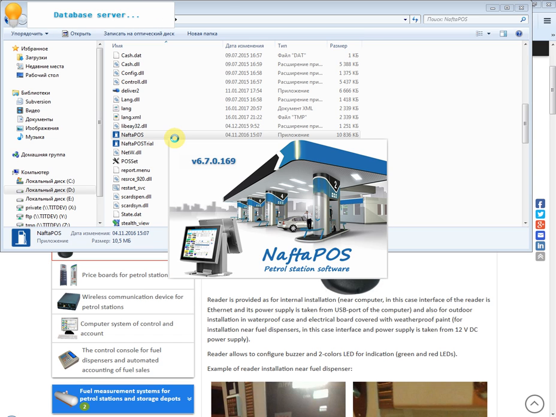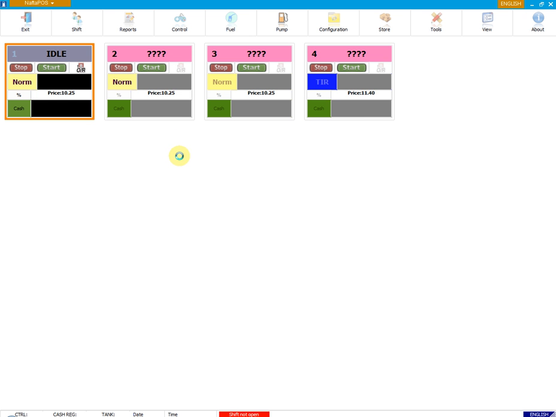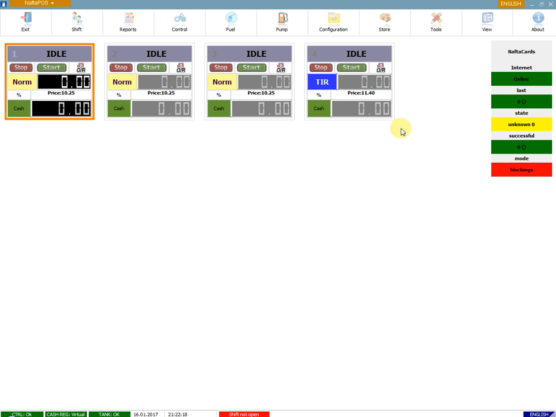So when the cashier is using NAFTA, he signals NAFTA how to use the fuel attendant cards. After that, we will use NAFTA in automatic mode rather than manual mode, when NAFTA automatically gives authorization when it sees the nozzle up. So first of all, let's